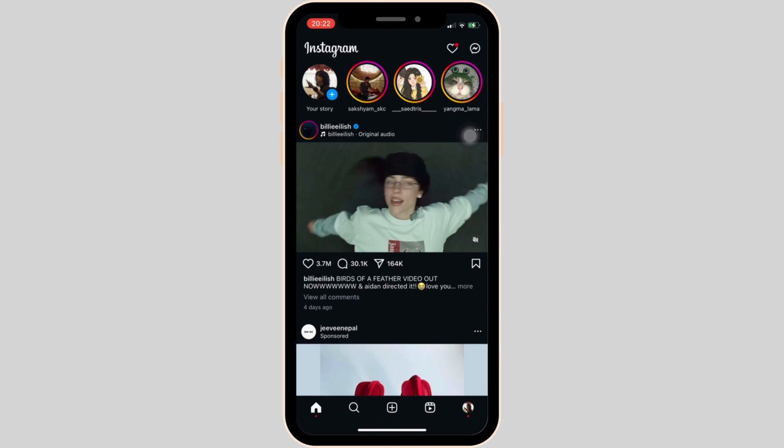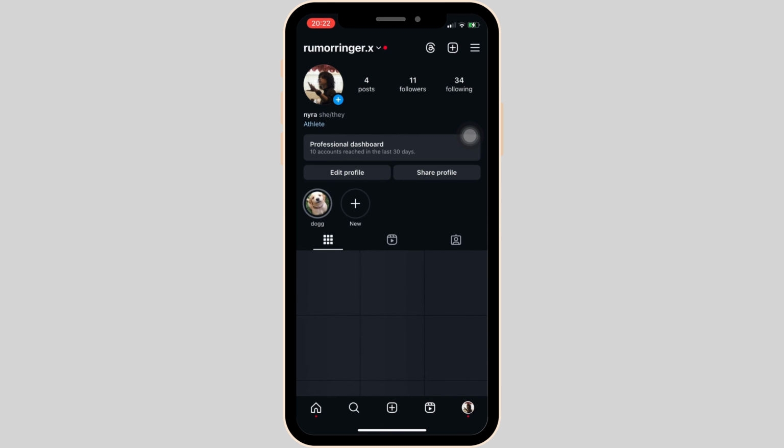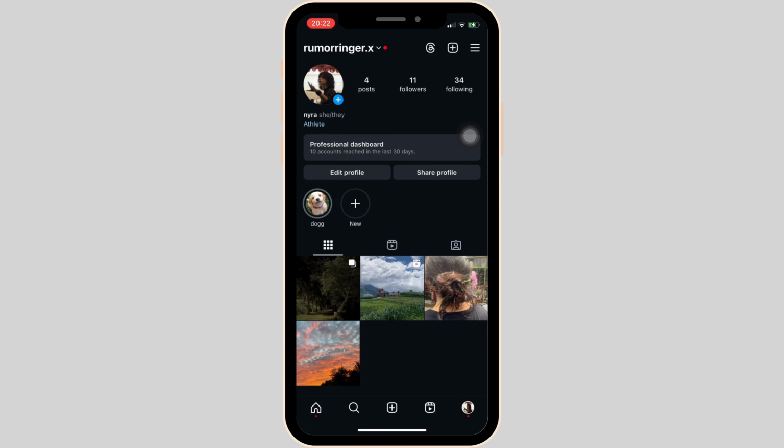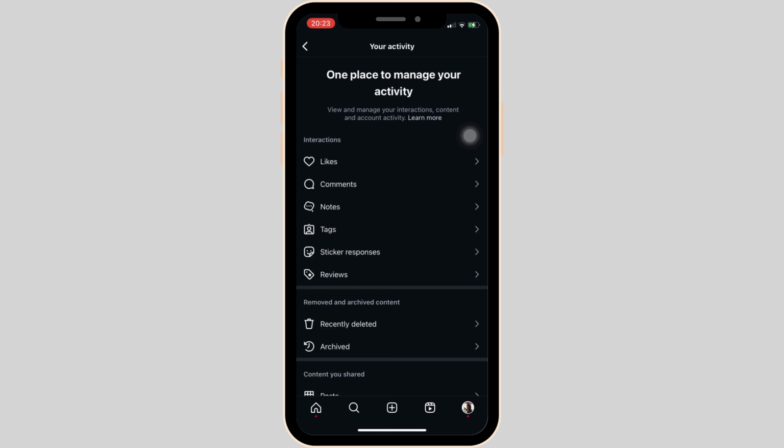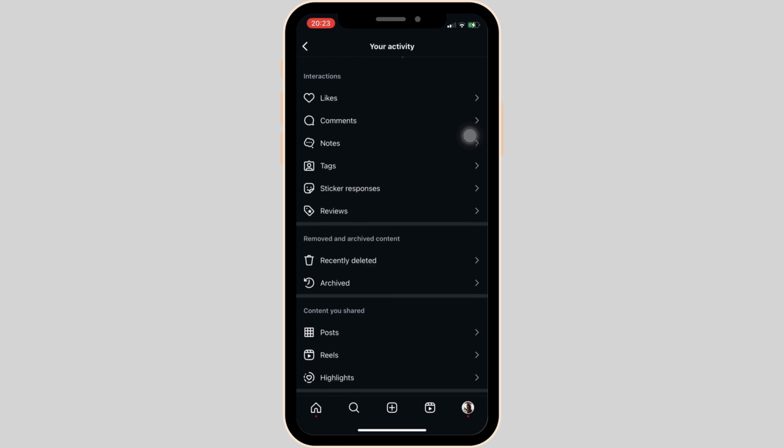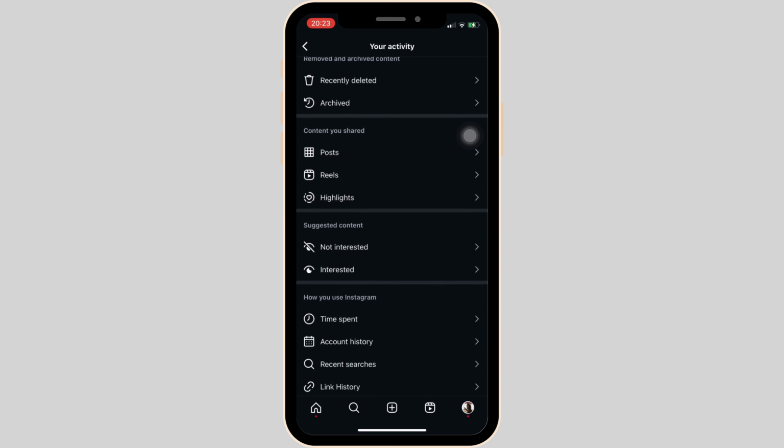Once you are on this page, move into your profile at the bottom right corner of the screen. And then click on the three horizontal lines at the top right corner. In the section of How to use Instagram, move into Your Activity. Once you are on this page, scroll all the way down until you see the option that says Recent